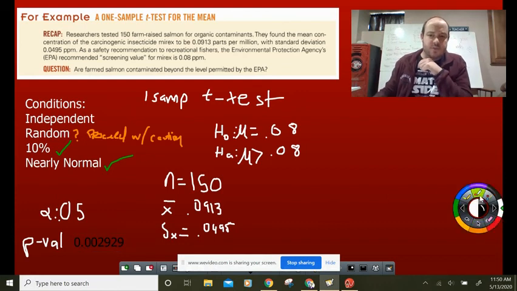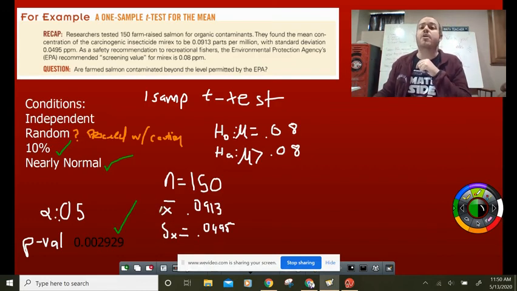And now we get to do the fun part of comparing the two. Is 0.002929 less than 0.05? Yes, it is less than that, which means we get to reject that H-naught. So now that we can reject the null, that means that we can go ahead and accept the alternative. Now, what was the alternative in this case? It's actually bad news for the company because we can accept that the Murex level average is actually higher than the 0.08 that they're allowed to have, which means in this case, the salmon is going to be contaminated beyond the level that they are going to permit, which means they're going to have to probably throw out this batch of salmon or figure out some other use for it